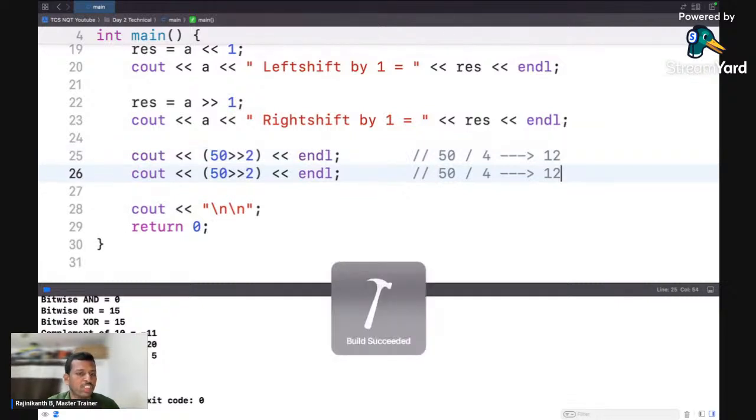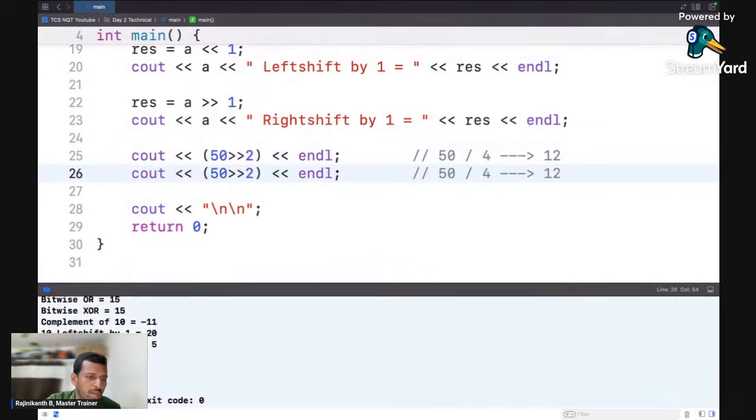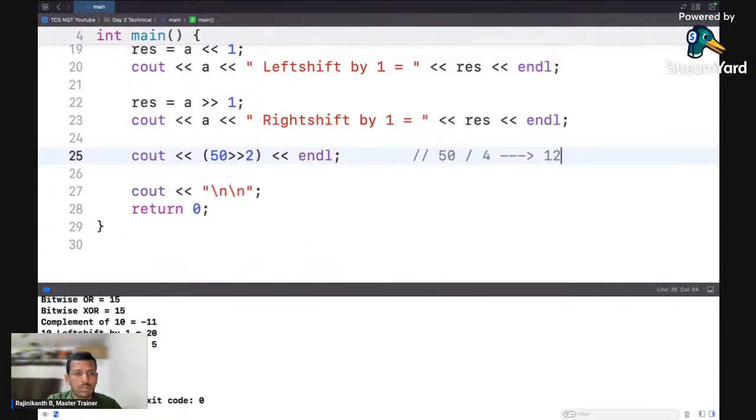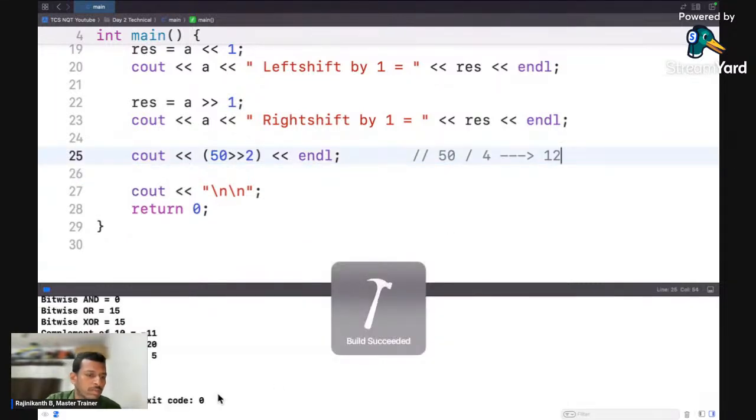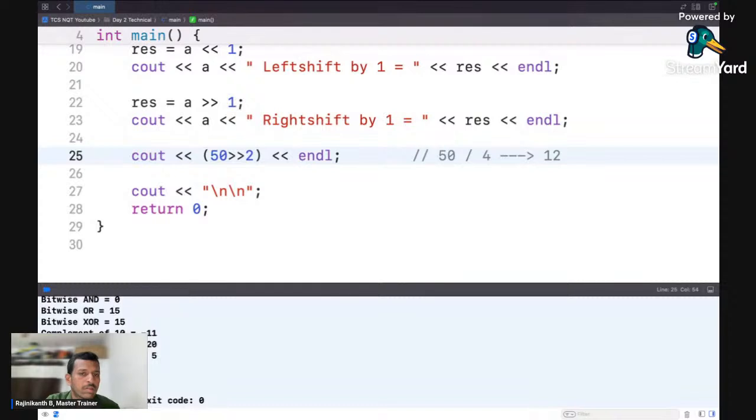Save and run this and check the result. Yes, you can see my answer is 12. Got it? So right shift always will perform division with 2 power number of bits,